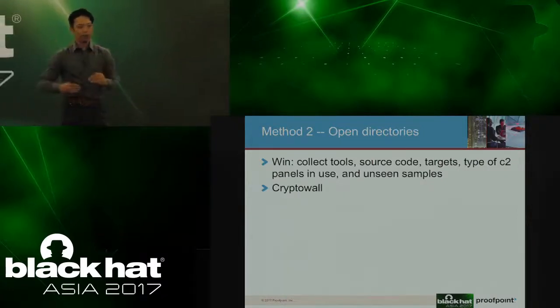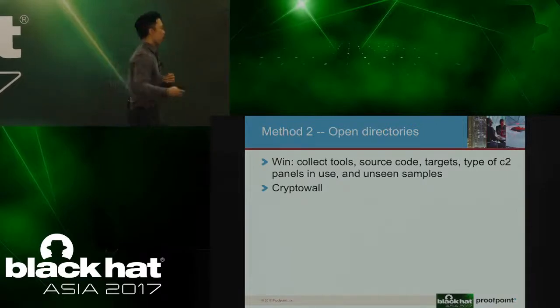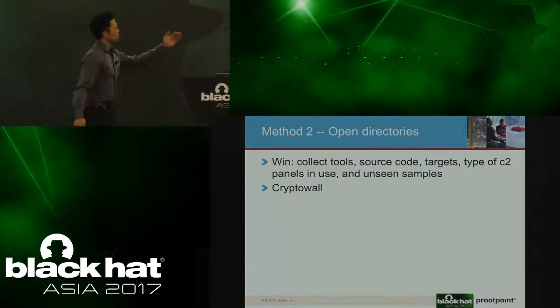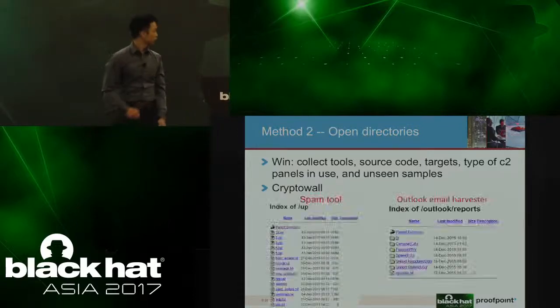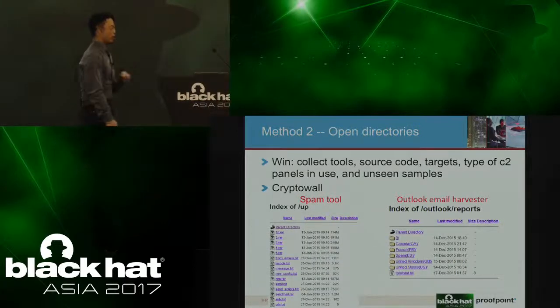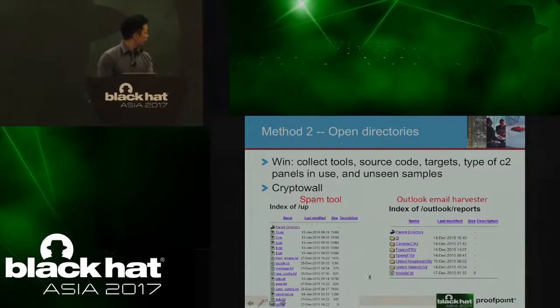Method 2, open directories. Once you have all of those URLs, you can write a script to start to probe for open directories. And there are lots and lots of them. We'll give an example that we found with the CryptoWall actors. From their open directories that we discovered, we can see